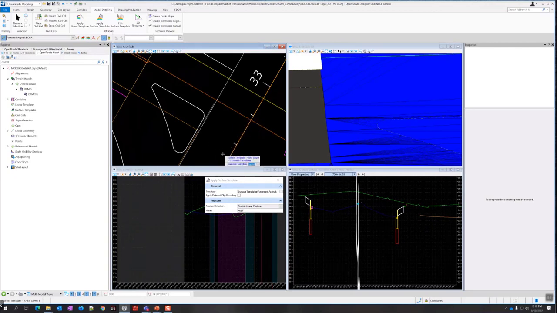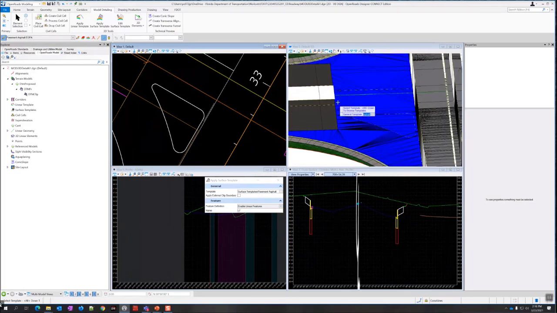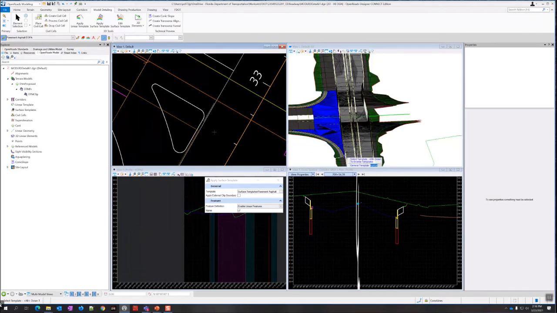And so this option here on feature definition, let's go ahead and change that to enable linear features. There's really two options, enable or disable. Because we're going to build break lines from this, we want to enable it. We need to be able to create a bottom surface. We have profiles for the top, and those should come through when we do the break lines. That's fine, but we don't have profiles on the bottom, so not only are you going to get those if you set this option to enable linear features.